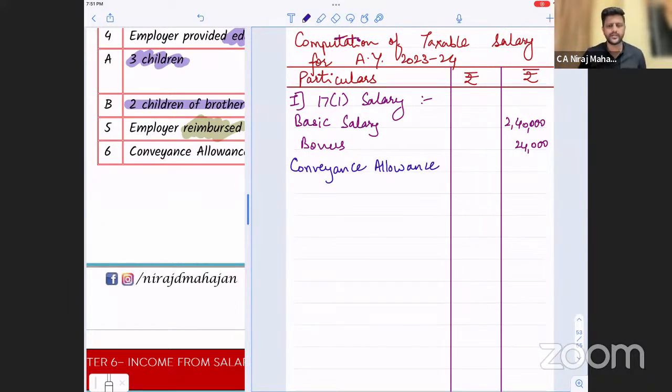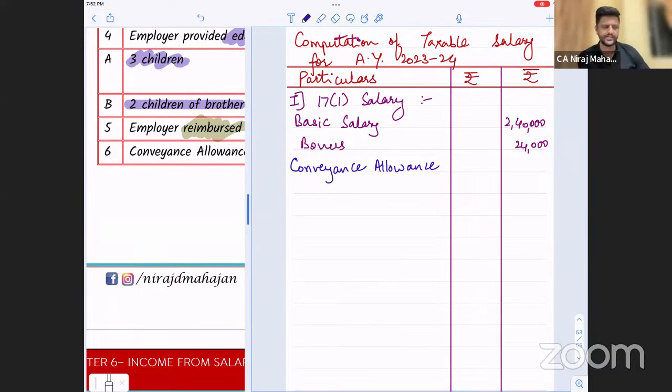Okay, what about conveyance allowance? What about conveyance allowance? It is not transport allowance. Go back and check in 10(14)(i) and 10(14)(ii). Do you see conveyance allowance? Go back in 10(14)(i) and 10(14)(ii) and check, do you see conveyance allowance? Yes, very good Indrajit. You see it in 10(14)(i). Is there any monetary limit over there? 10(14)(i) doesn't talk